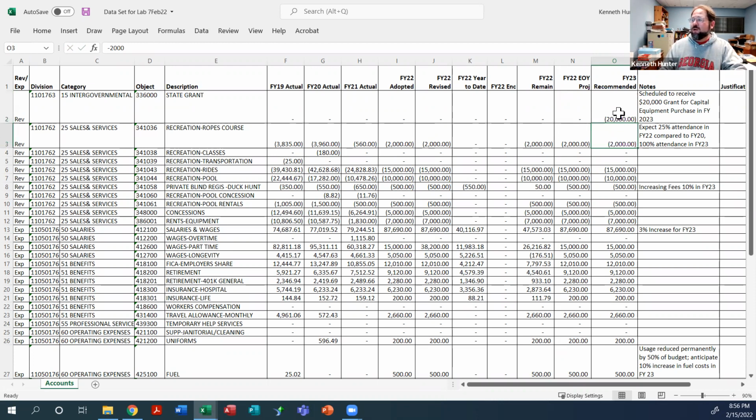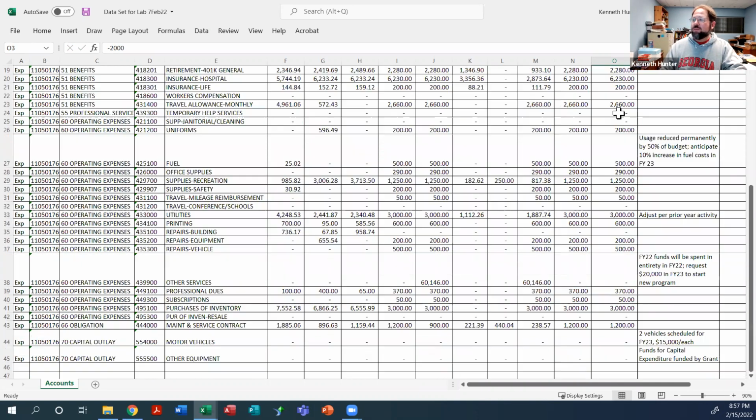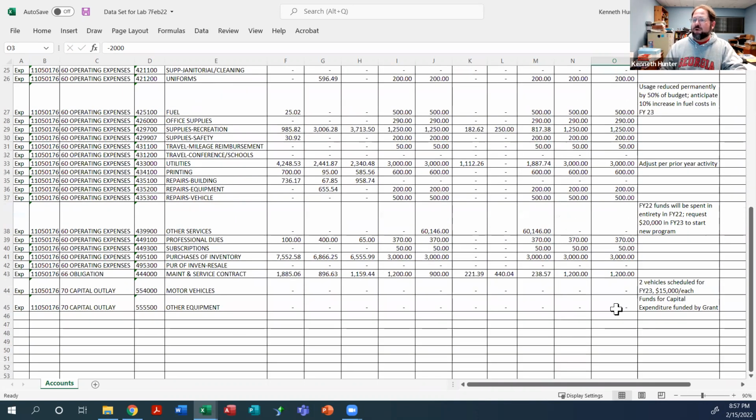And then I've done that. What I now need to do is show the corresponding expenditure. So I scroll down to the bottom, and as you can see here, I've already identified this account, which is a capital account. It's in the category of capital outlay. It's an expenditure account. As you see here in column A, again, capital outlay,